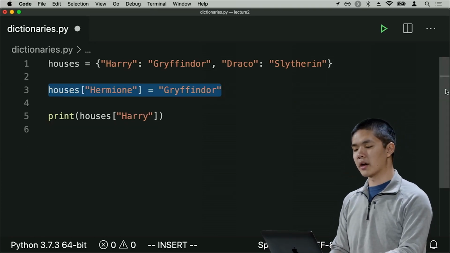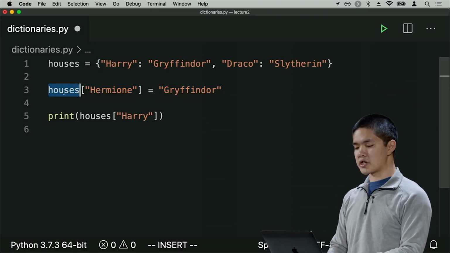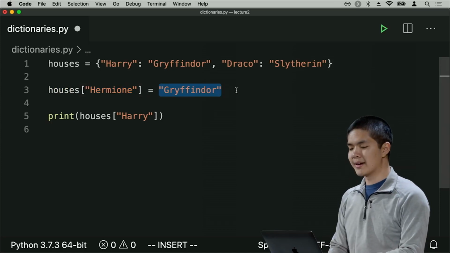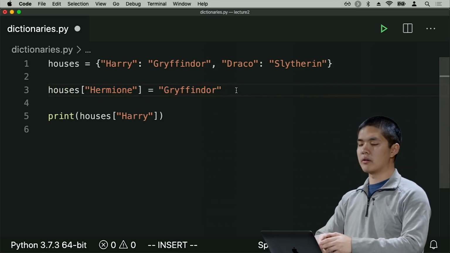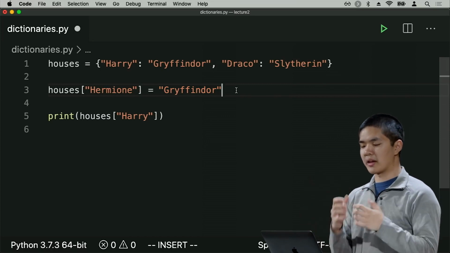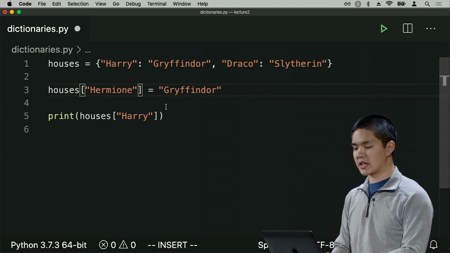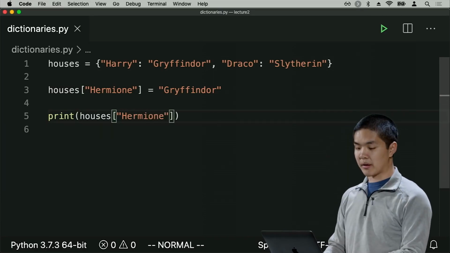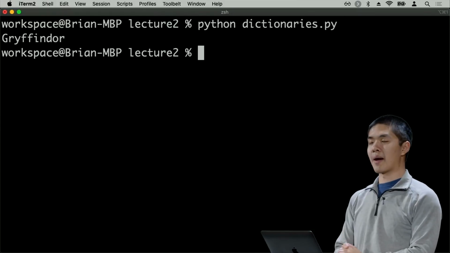And so this line of code here says, take the houses dictionary and look up Hermione in the houses dictionary. And when you do, that should be set equal to this value here, Gryffindor. So we took that value, and we are going to assign it to Hermione inside of the dictionary, such that now if we wanted to, we could print out Hermione's house as well, run the program, and see that Hermione